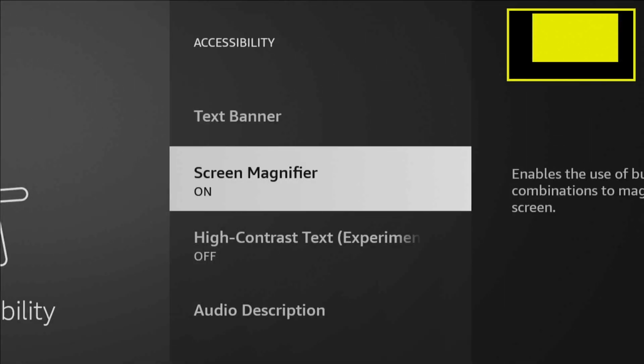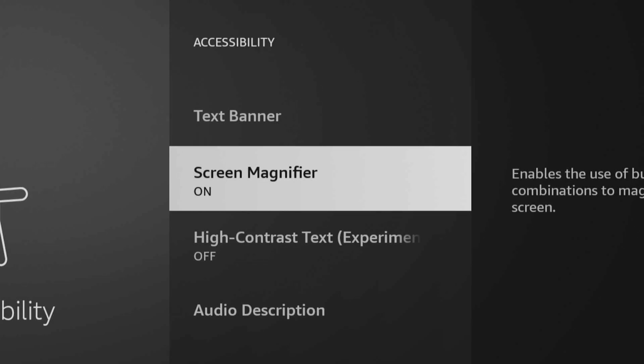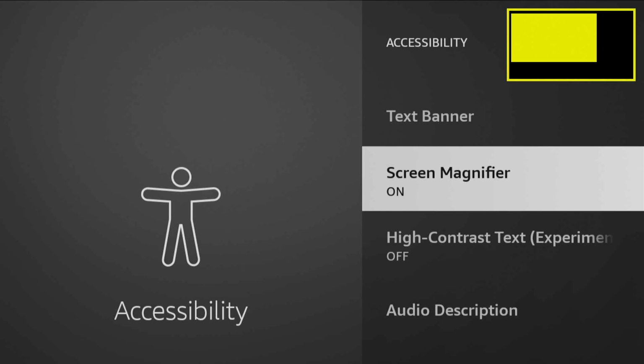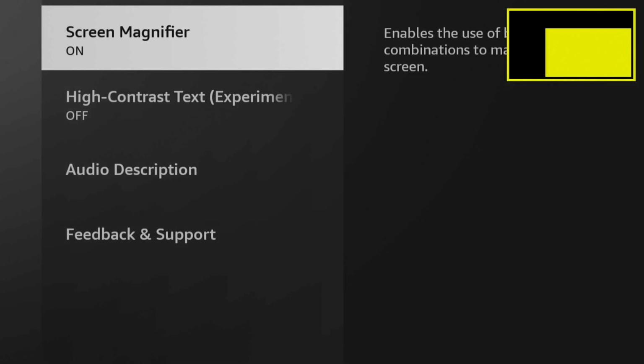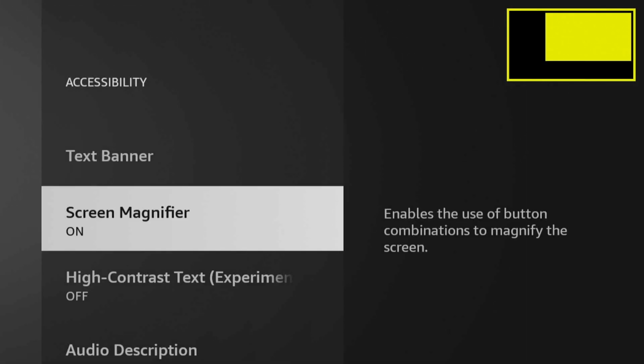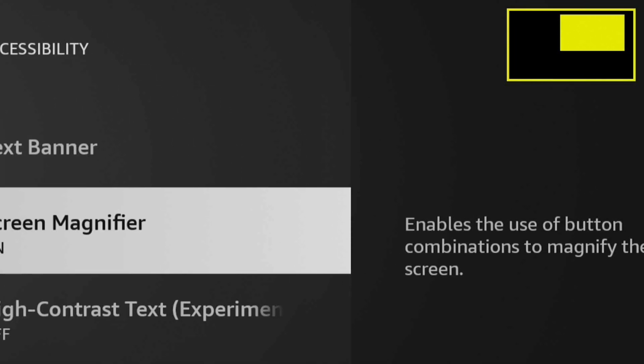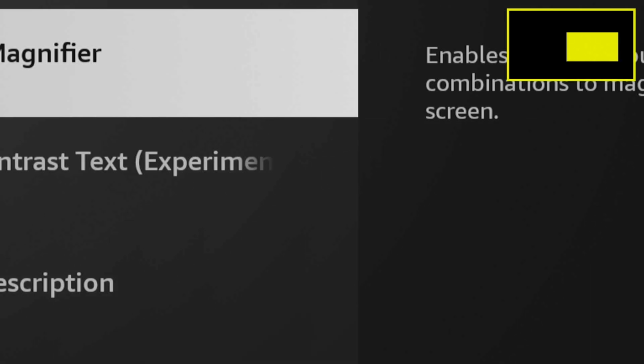So now we are navigating with the screen magnifier on. You see in the top right, it gives you an indication of how far you're actually zoomed in, which part of the screen you're looking at. If I now use menu button and then the directional keys on the remote, I can move around. I can zoom in with menu and then the fast forward. So again, I can then use menu and the directional keys to move around.